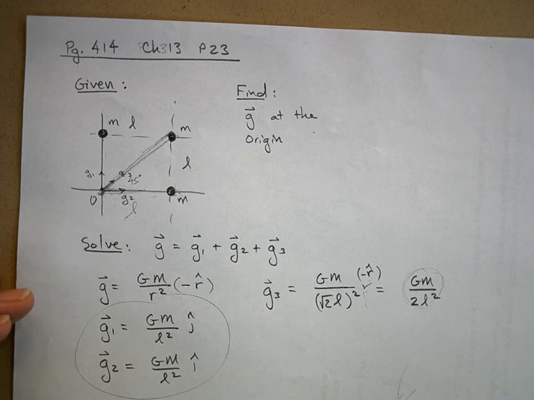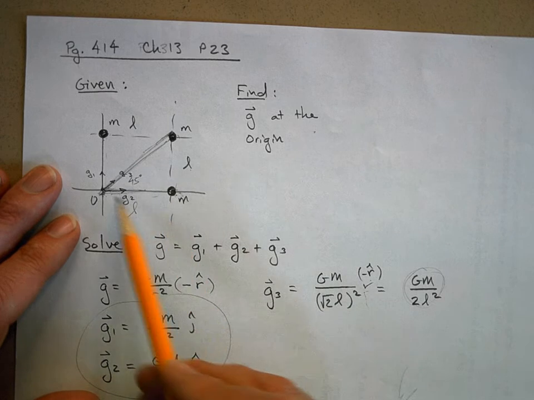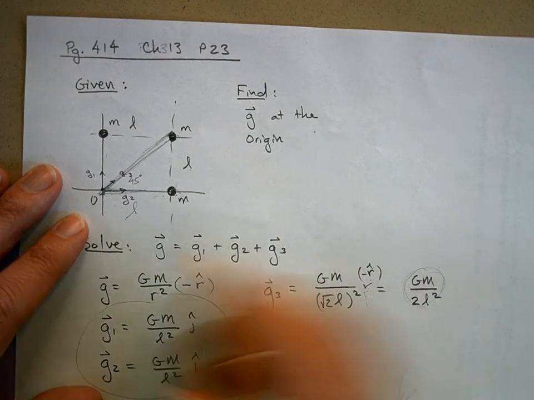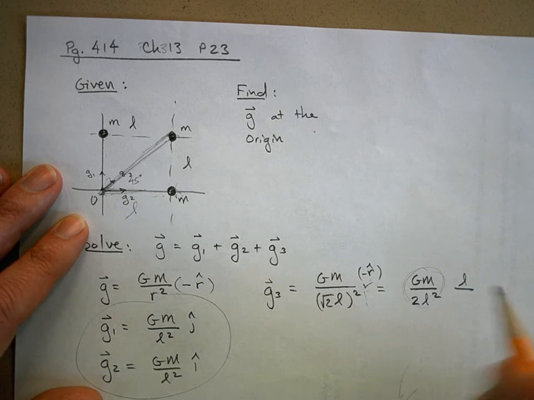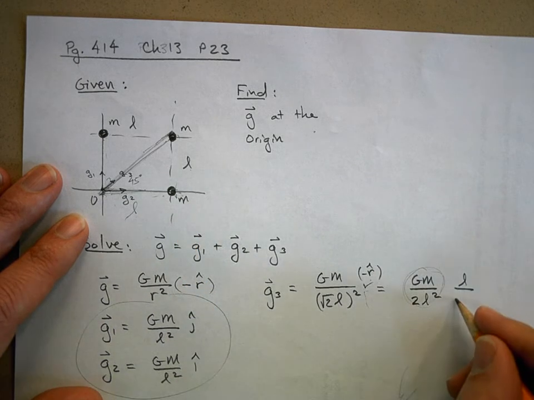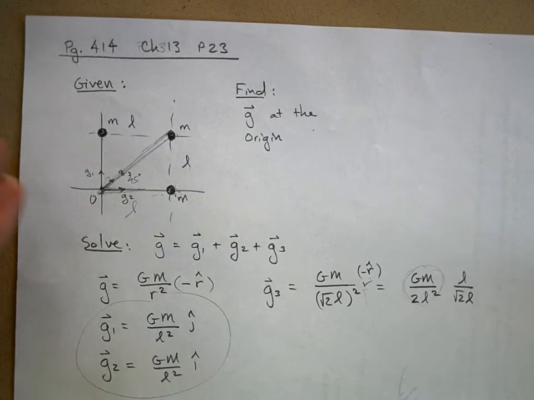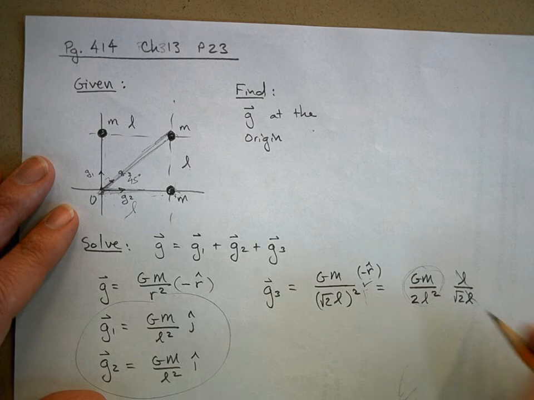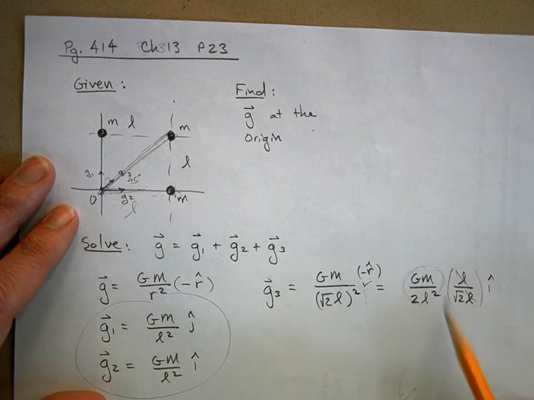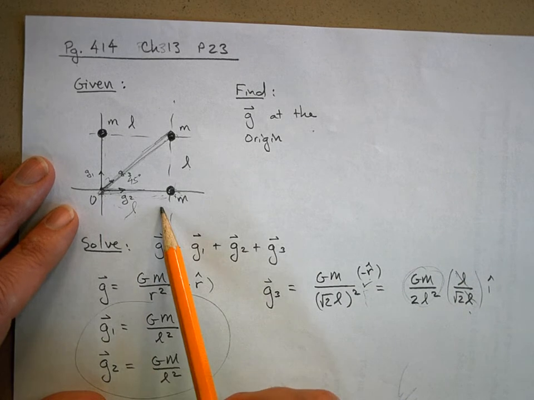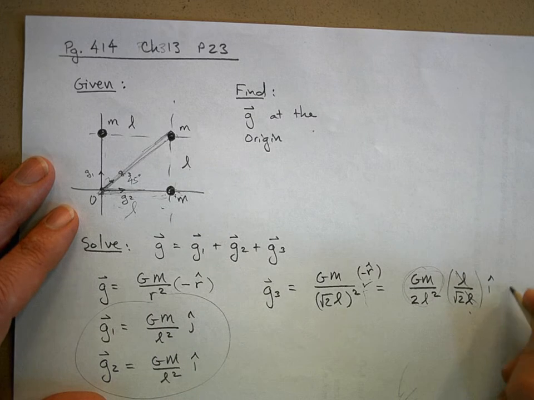Cosine theta is the adjacent over the hypotenuse. So the adjacent is L over the hypotenuse, which is root 2 L. Well, it's root 2 over 2, right? So that'll cancel that. And that's going to be in the I hat direction. So in other words, cosine theta times the hypotenuse gives me the horizontal component here, plus